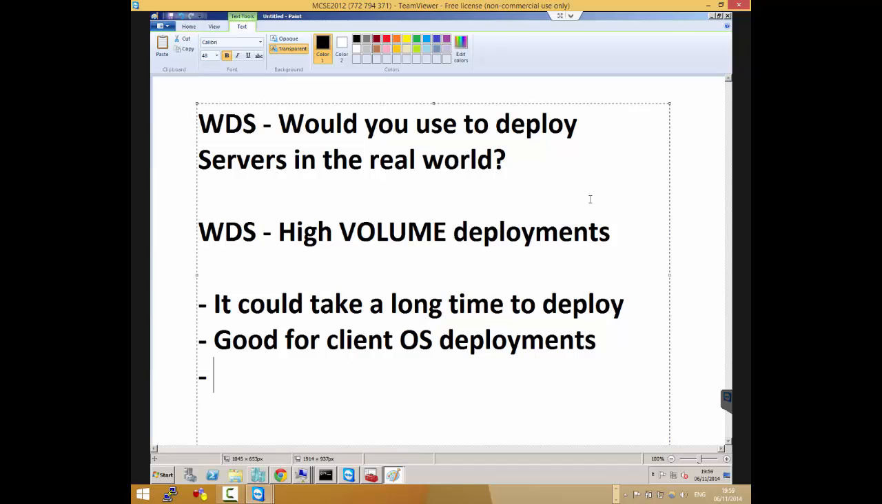So why would you want to use this one to deploy your servers in your environment? That's why. Virtualization has changed this. That's my other reason for this. Okay. But still, it's something that's useful in terms of client deployment, and that's one of